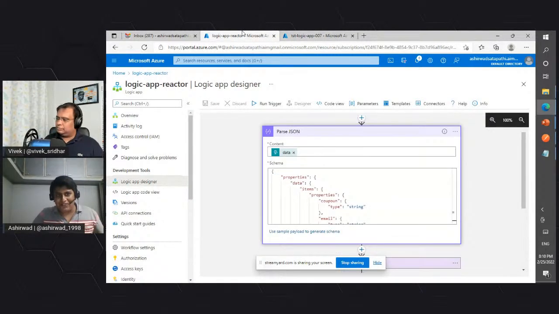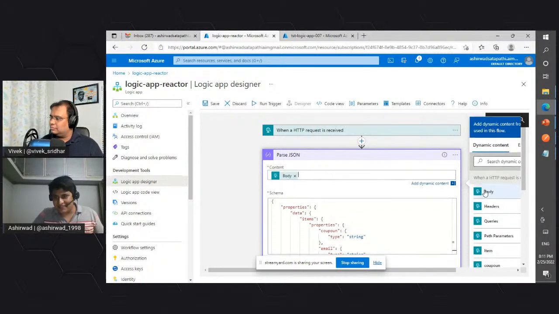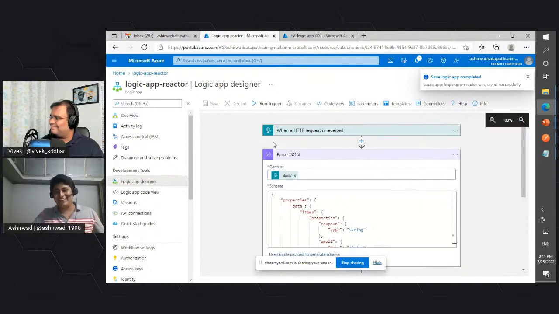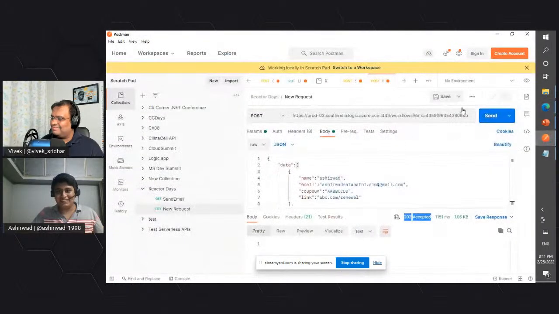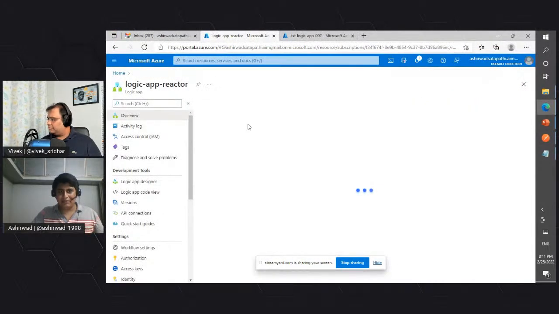Probably I got the fix actually. So let's quickly do it. Passing the body over here, and let's see. Instead of passing the body, I gave the data. That's why the issue was there. Nevertheless, let's try again. Let's click on send, and probably this time the logic app would